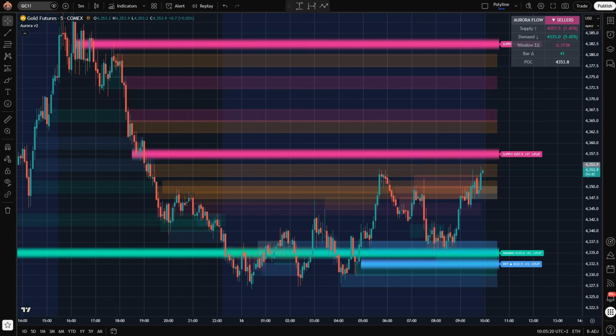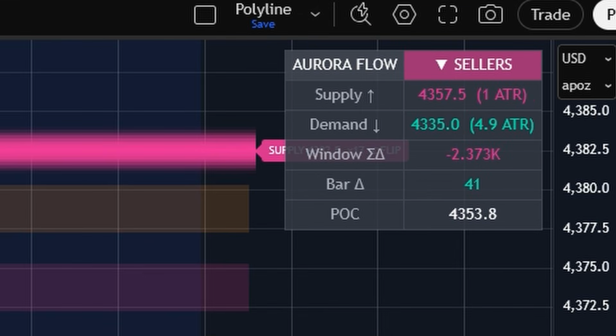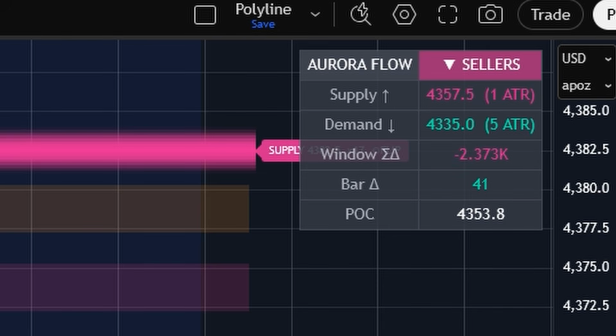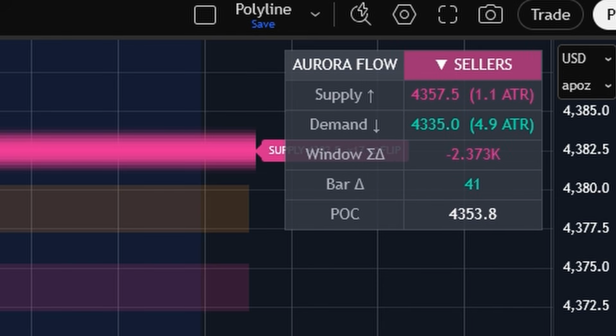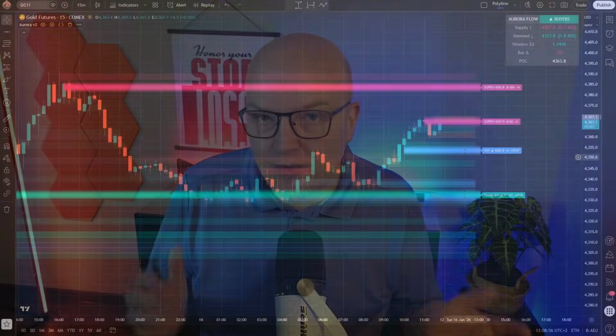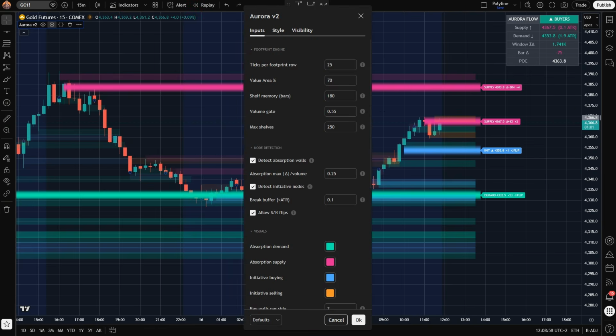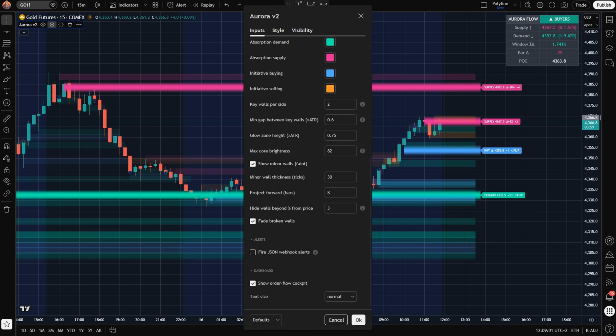The dashboard, top right, I call it the cockpit. It gives you the nearest supply and demand in ATR distance, your delta for the current bar, cumulative delta over the window, and the point of control. That window delta is your fastest read on who's actually in control right now. Defaults are working well mostly, but feel free to experiment a bit to adapt things to your style of scalping